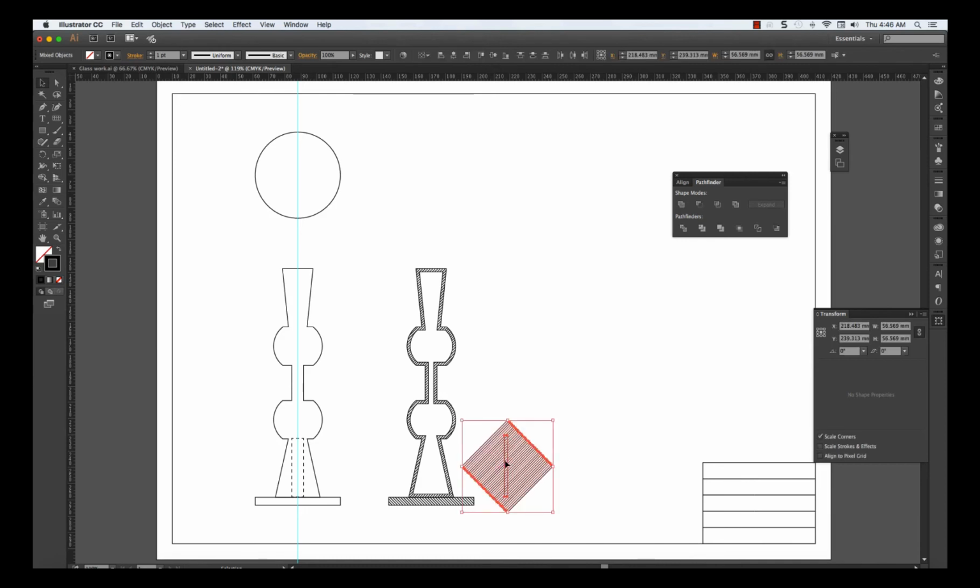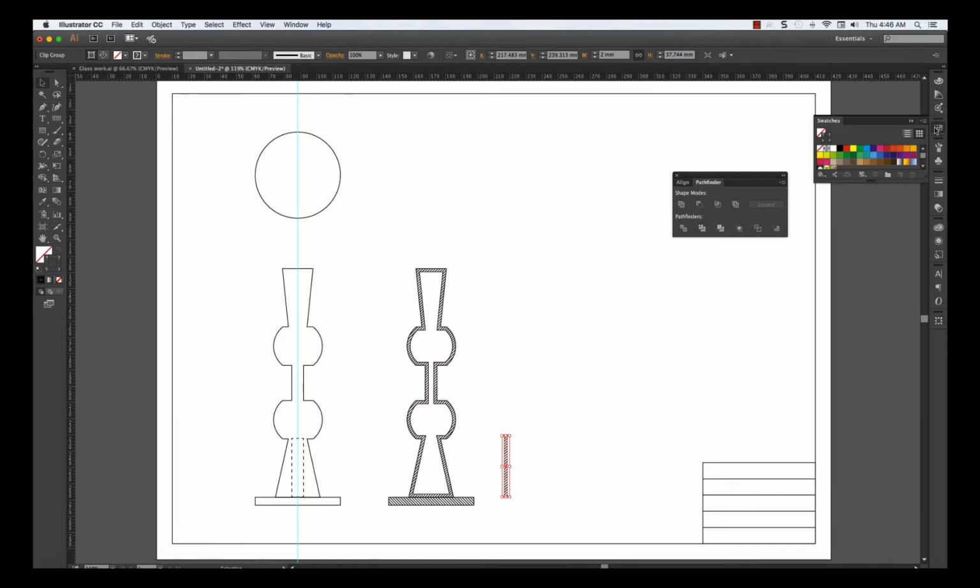Select it, right click, make with mask, give it a stroke, and then of course we need two of these, Command C, Command F, and take these two and put them back into place. There's little things I could do to make things a little bit more correct. For example,